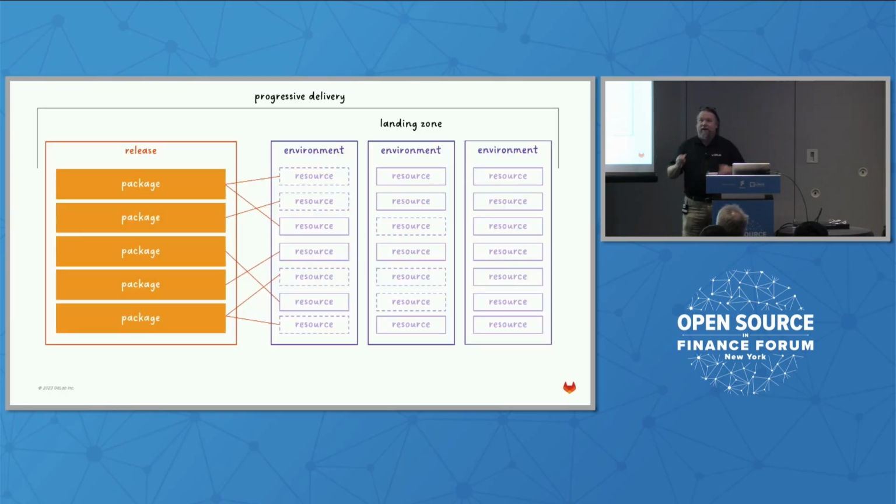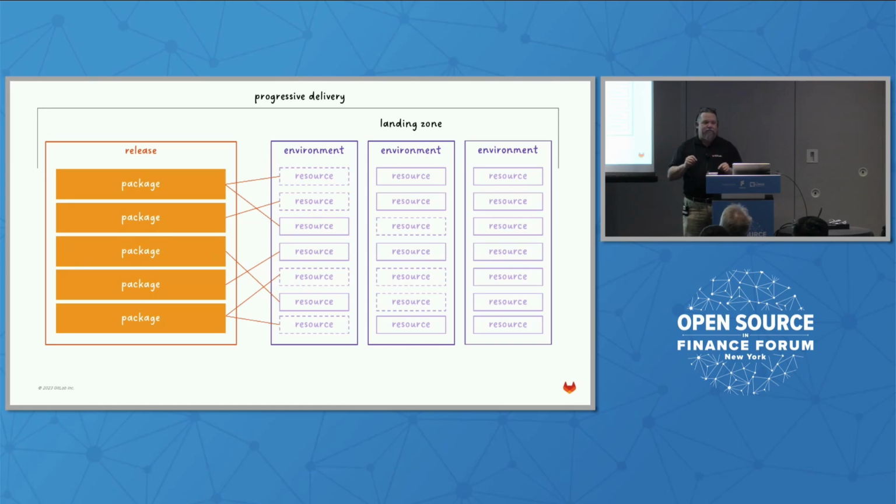So now if I think about progressive delivery, progressive delivery is the concept of me being able to move changes throughout environments, whether that be push or pull, and that's going to be important in a minute. And we think about all of the different packages across a single release that map to now an environment.